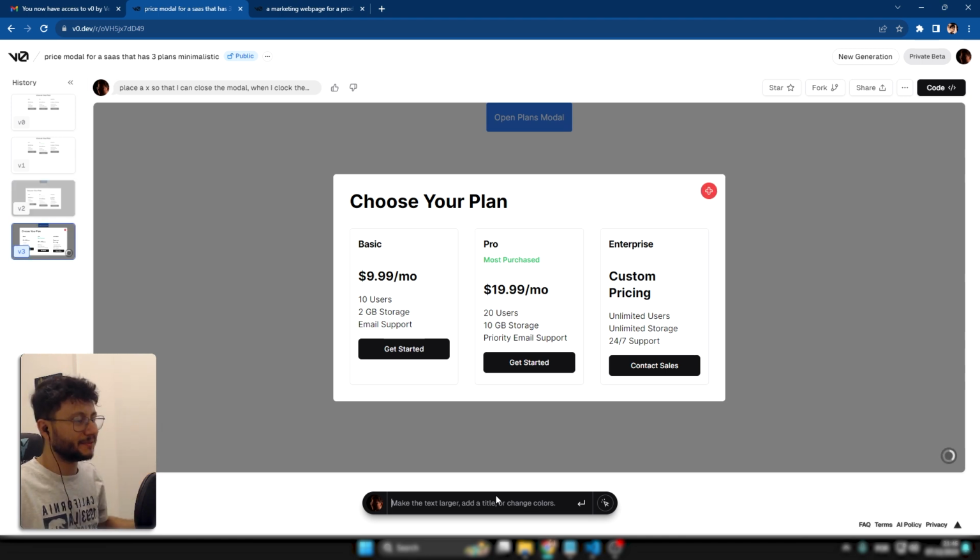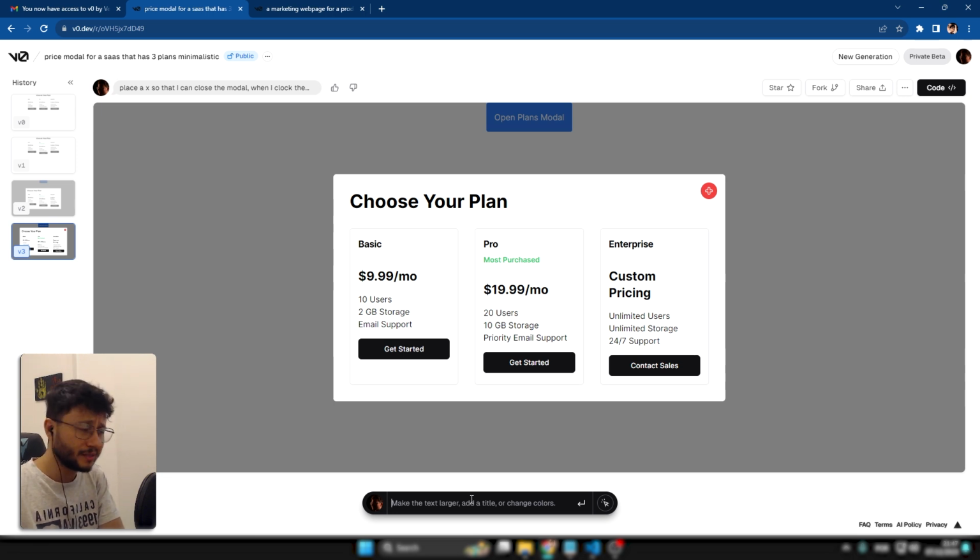Okay, it placed a red button here in the corner. Now let's see what this does. If this actually does any functionality, I'll be very surprised. Yeah, it didn't. I would be very surprised because that's not really what it's for. Maybe someday it will do this and it's not far from that, or maybe I'm just not typing the correct prompt. But overall, it's great that we just have a tool that